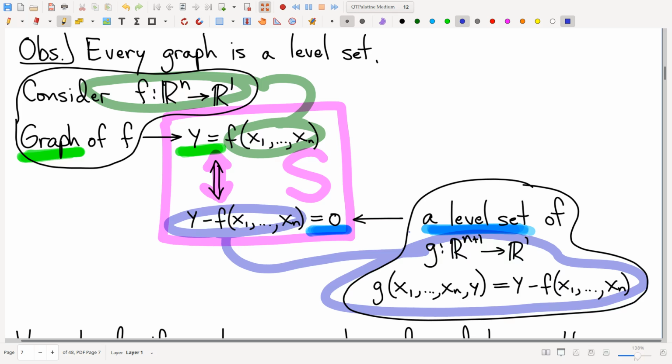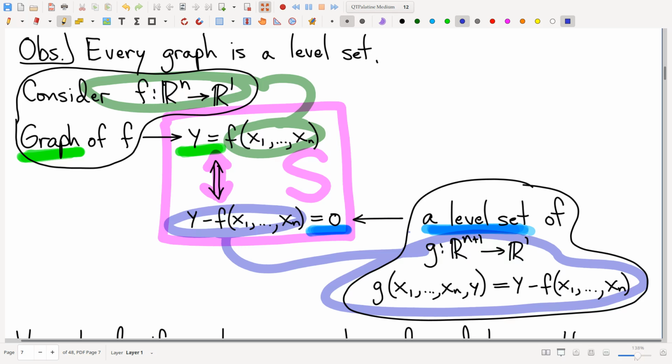But there's a y in the formula for this function. There's no y in the formula for this initial function, F. F is a function of only n variables, x1 through xn. This weirdo is a function of those and one more. y is an input variable for this expression, for this function. Right? So, neat fact,